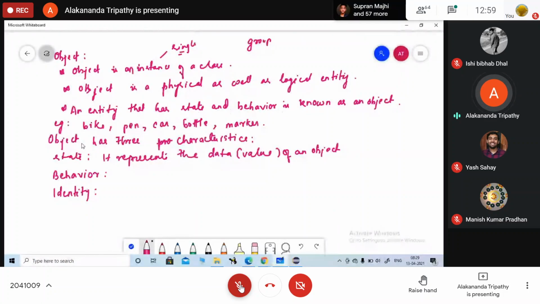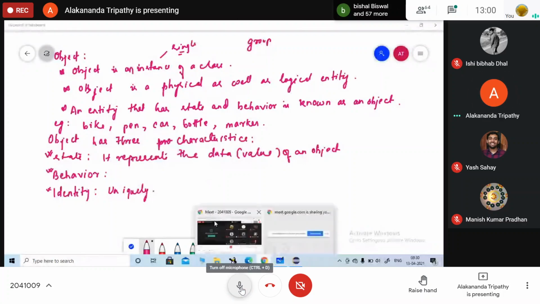Basically, object has three characteristics: state, behavior, and identity. State basically represents the data. Behavior is how the object is behaving, and identity is how you are going to identify the object. This identification should be unique. Are you clear up to this much?